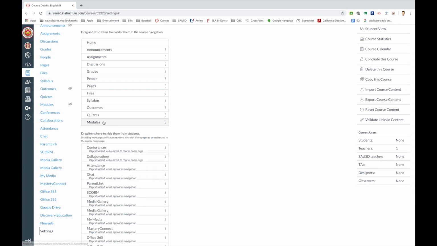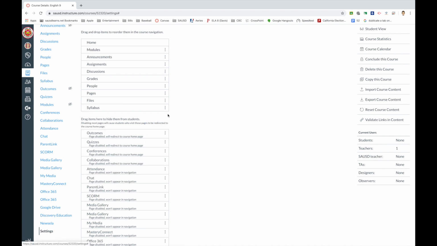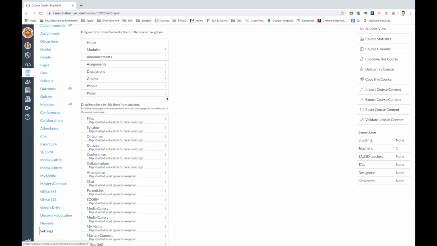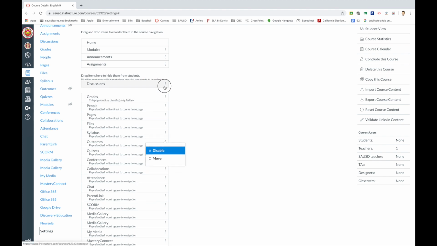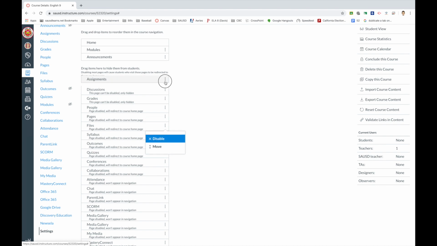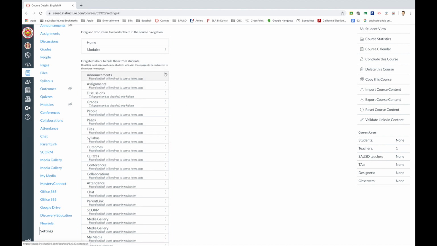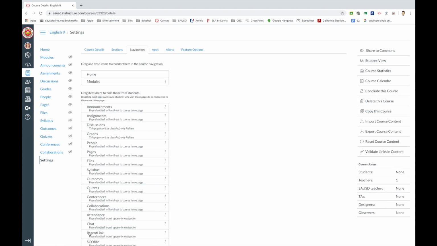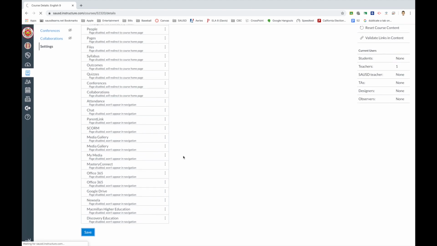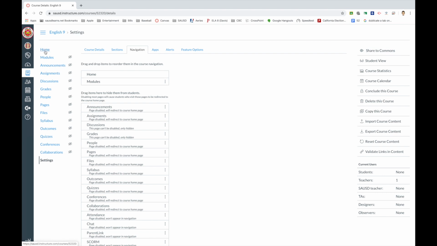All right, notice the next one is modules. We're going to go ahead and keep that there. I'm actually going to just put that up right after home. I'm going to eliminate quizzes and outcomes and the syllabus and files, pages, people, even the grades. Remember, we use Aries, discussions, assignments, even announcements. Remember, we're just going to start simple. So now, I hope I updated it. Make sure you hit save. Now when we go home